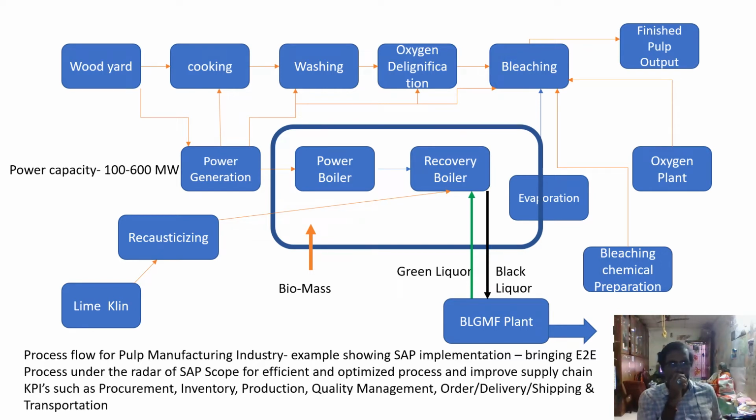They are growing some bamboo or something in their cultivable land, and from there they are cutting the trees and bringing the completely treated wood and storing it in the wood yard. They are giving this wood to the power generation unit for internal power supply to all other operations such as cooking, washing, oxygen